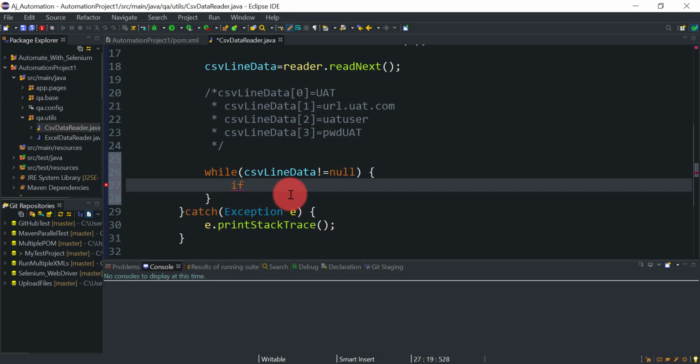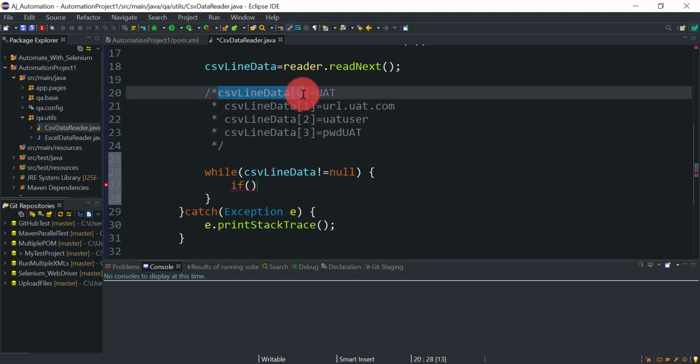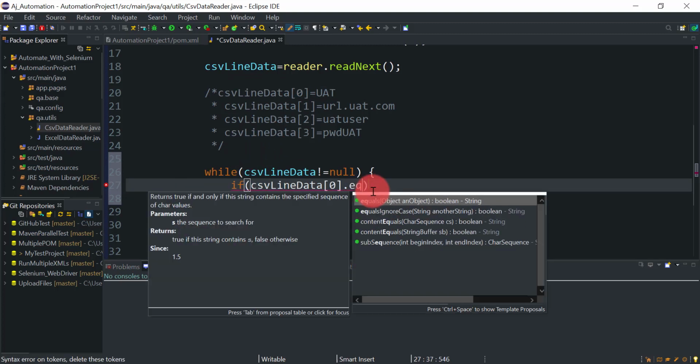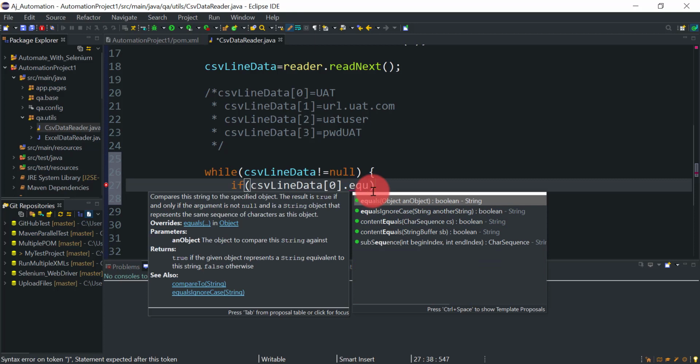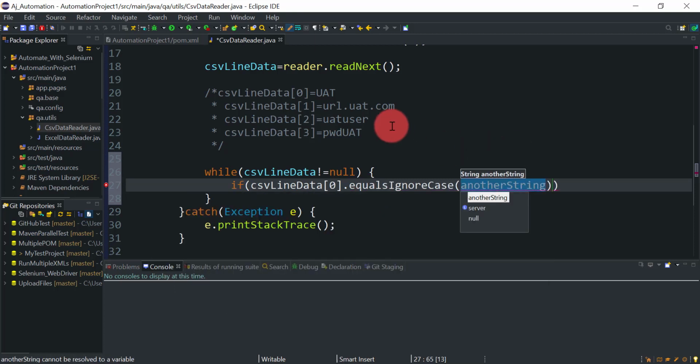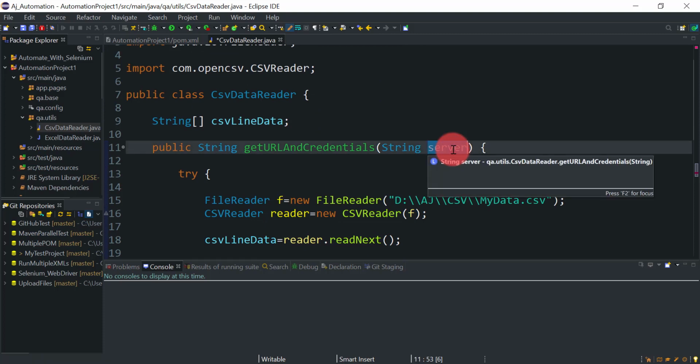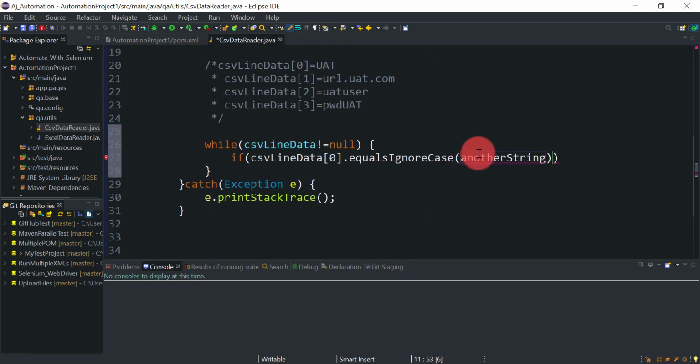So we will use this if condition here: if csvLineData at the 0th index dot equalsIgnoreCase, and if it is equal to the server name that we are passing from the outside. If it is equal to this server name, that means that is our desired server name.